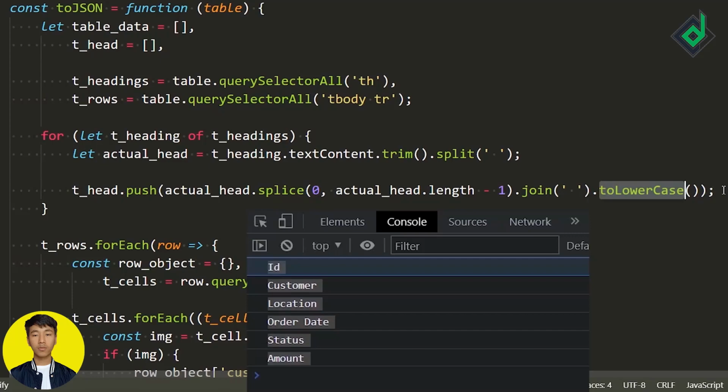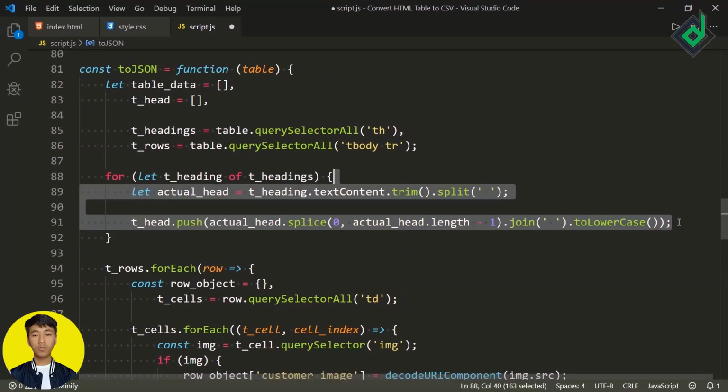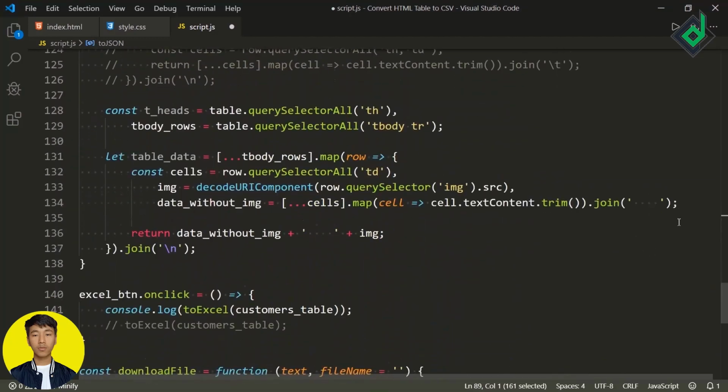As I have already told you, this is a bit complex technique. It could be simpler. So once again, if you want to use a simpler technique, the video's link will be given in the description below. You can check it out. Okay, now select these 2 lines of code and let's copy.